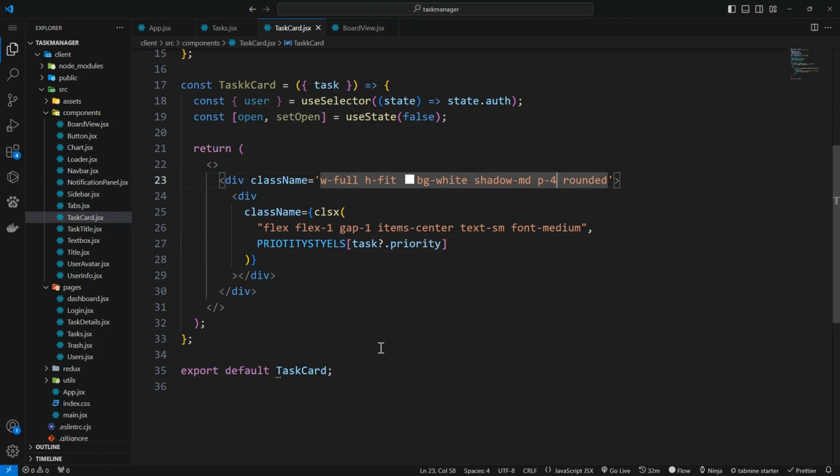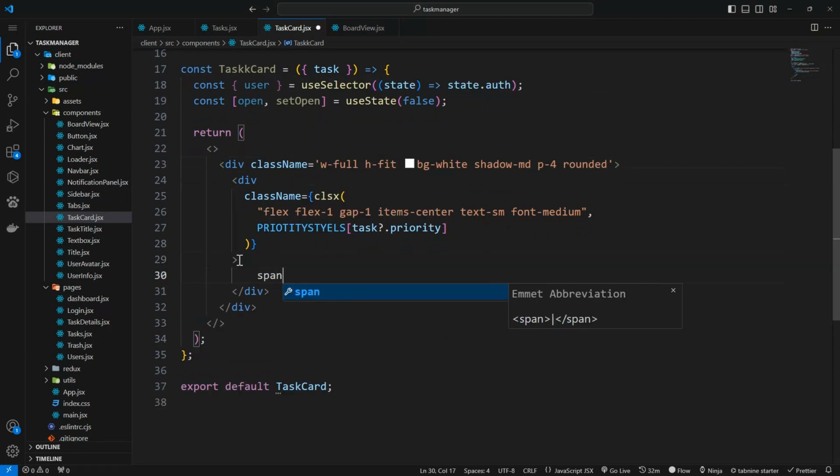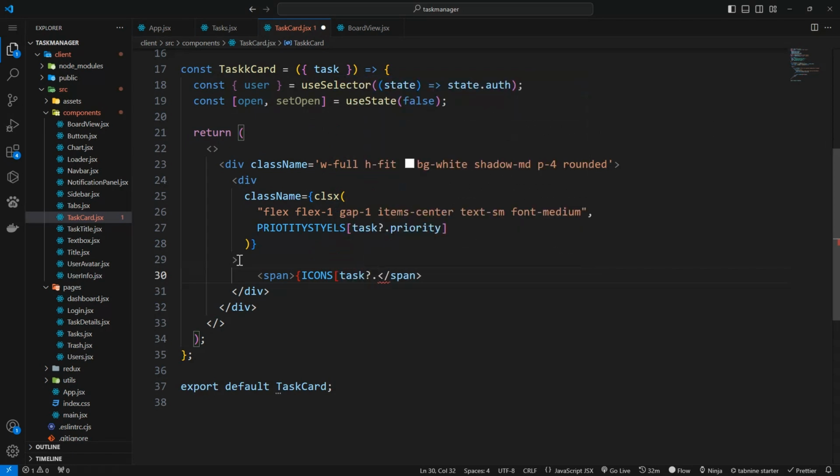Okay, so inside this div, we'll have a span, and the span will take icons. Then the icon that we'll get will depend on which type of task. Priority. Okay, great. Let's start this. So class, we can say text-lg